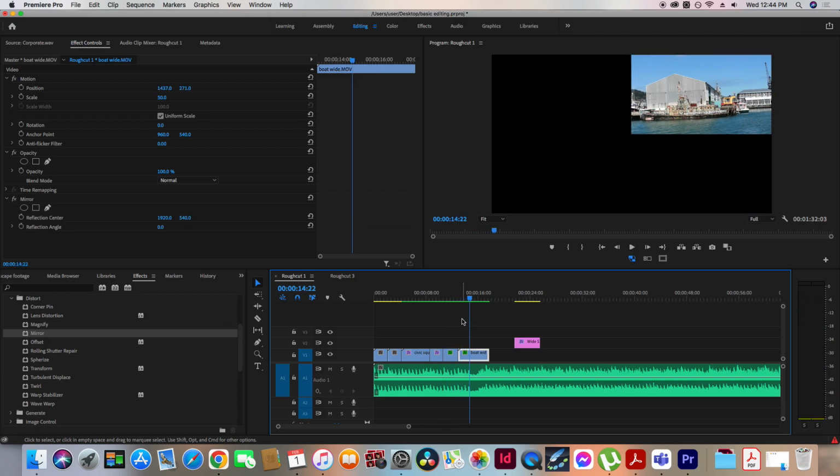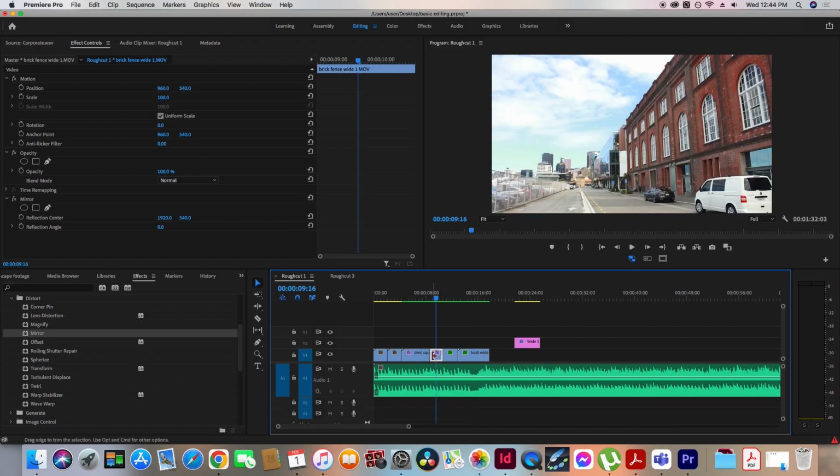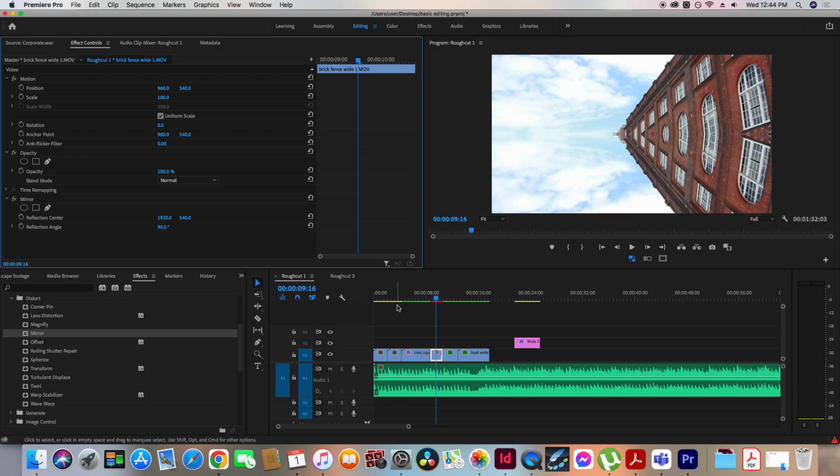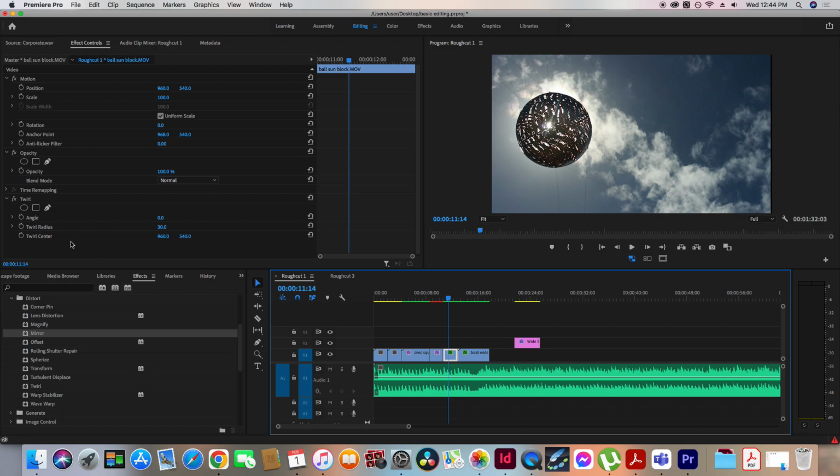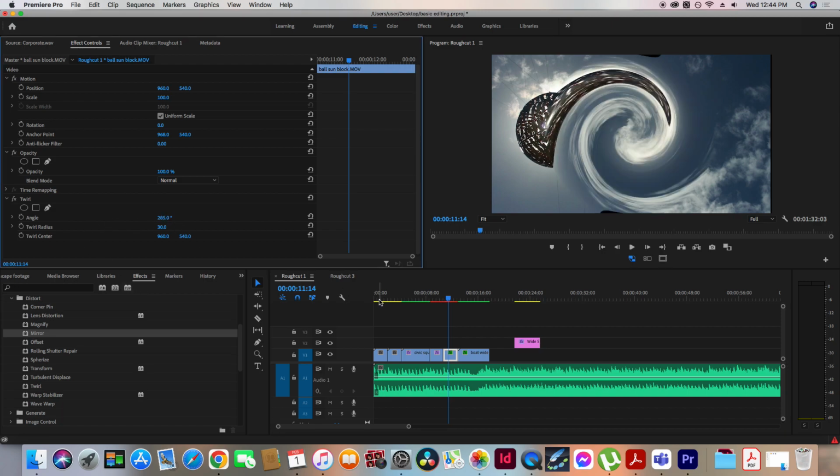I didn't actually do anything to these effects here, so let's look at this one. That was the mirror one. Oh, yep, we'll just put it 90. Whoa! And this one was the twirl. Yeah. So then I'll